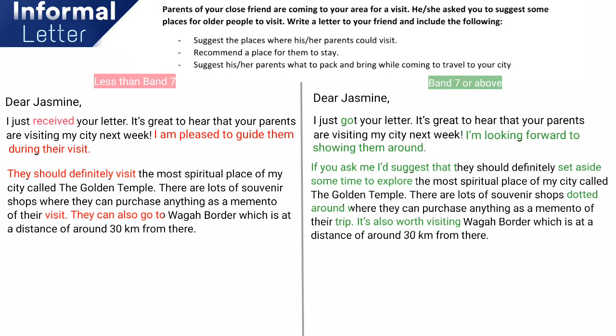And if you look here, dotted around, it's again a phrase. See, if anything is dotted around a place, that can be found in many different parts of that place, okay? And yeah, don't be confused here with souvenir shops. These are called gift shops that sell items related to that particular place we are talking about. Okay, and memento means a thing that you purchase as a token of remembrance. Means a reminder of that event or that journey.